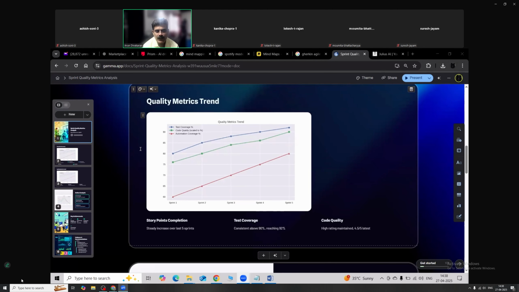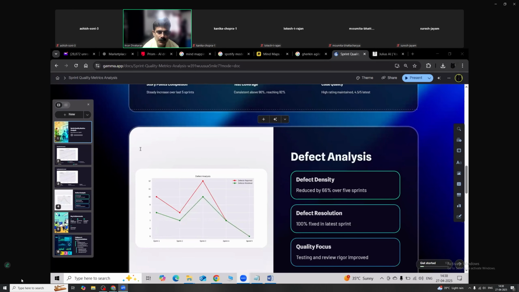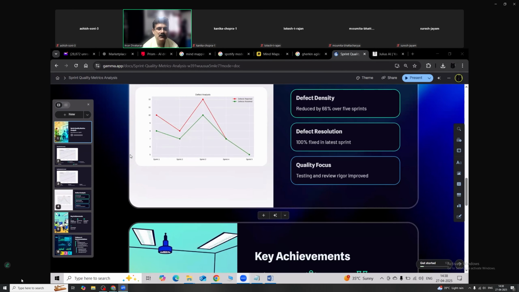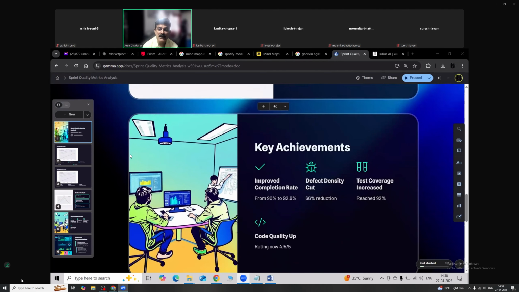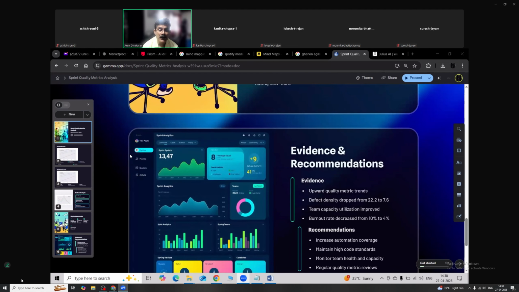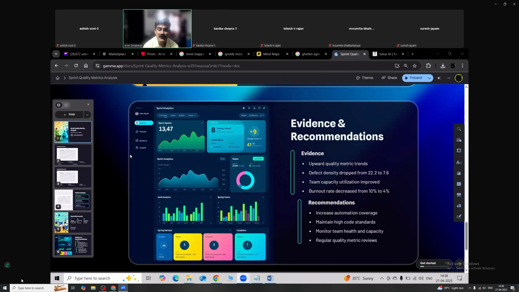Metrics trends, so these are all your supporting statements. Defect analysis, for quality focus, key achievements. This is an eye-raising slide. What are the key achievements? Before I tell you that, evidence and recommendations. The evidence is the drop in team capacity, burnout. All good. And finally,